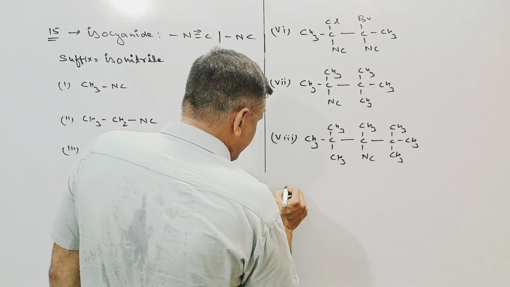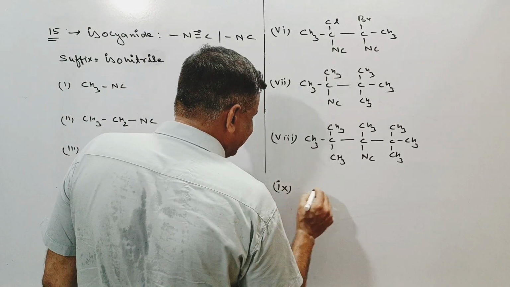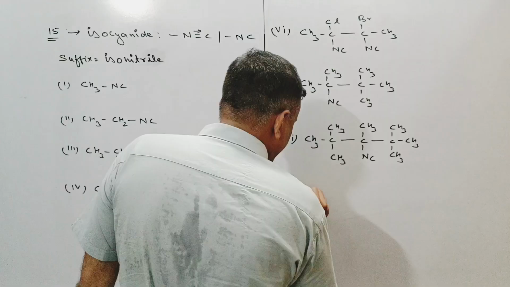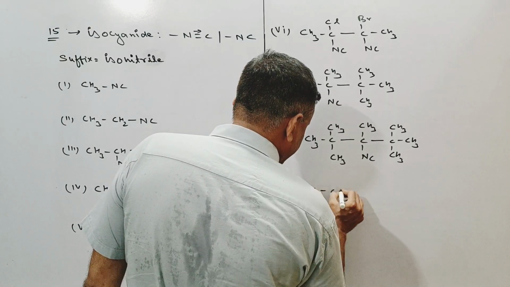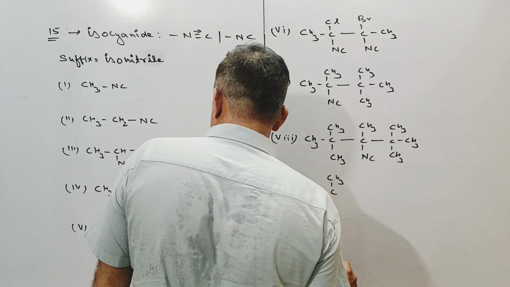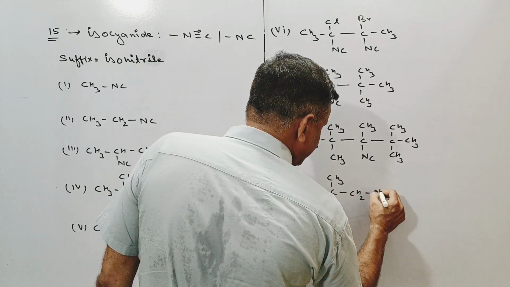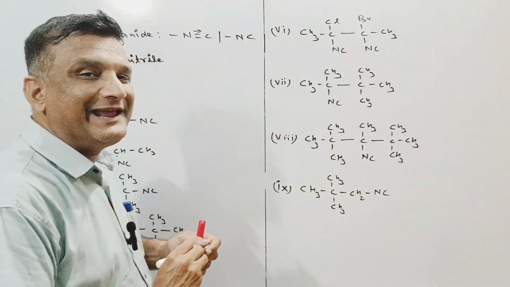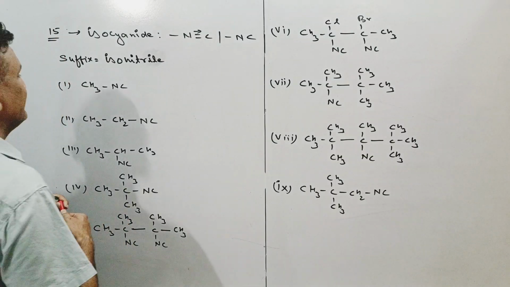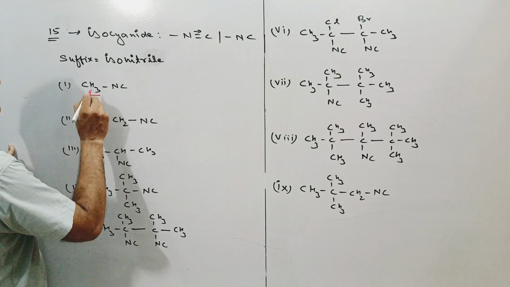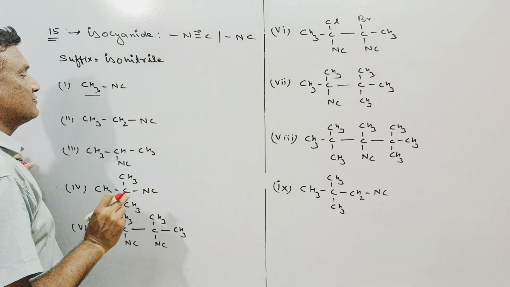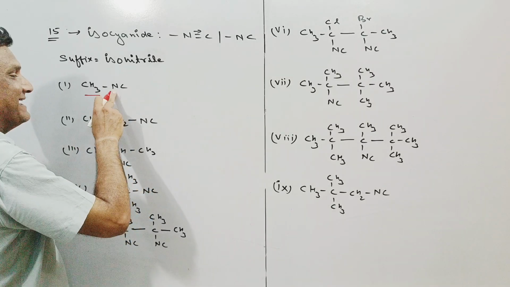The ninth compound we can take over here, because there is a smaller number of isocyanate compounds. So this is the CS3, CS3. This is your CS3, CS2 and NC. If we go with the name, it can be given as follows. Here is the one carbon atom. We can't use this kind of functional group for counting because there is nitrogen in the middle